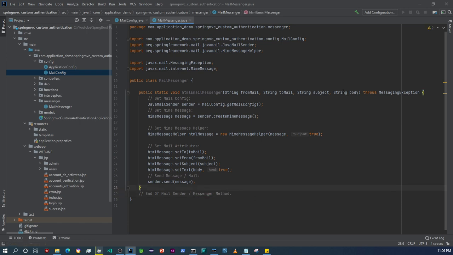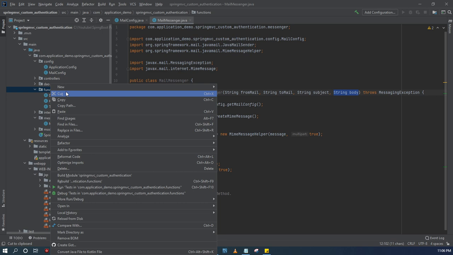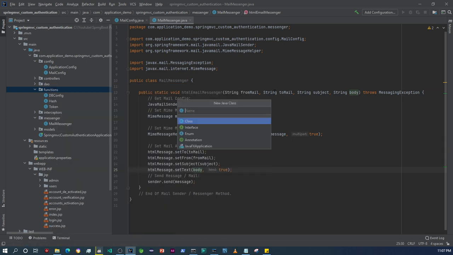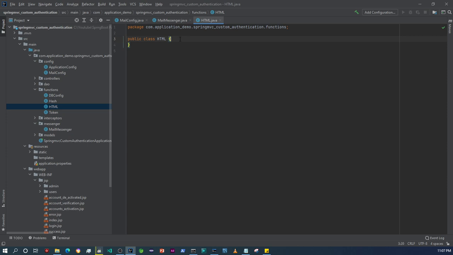Oh, the other thing that I want to do actually is add a class within here, within our functions. This class is for the HTML body that we're going to use here. Within the application, I set up a class that I'm going to call whenever I need to set up our HTML body to be sent through with the email. So I'm just going to say HTML, and within here I created a method, which is going to be email HTML,